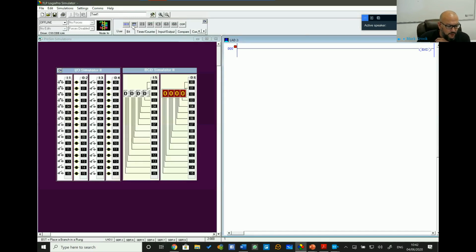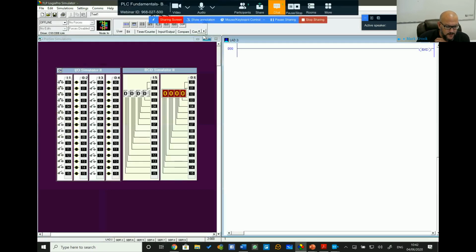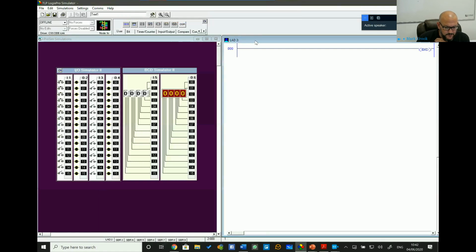So at the moment all I'm going to do is put something very, very simple in there, which is going to be a new rung of code, just one rung of code, that's going to allow me to put in the FRD instruction. So the FRD instruction, as we move down in the compute/math tab, you can see the FRD instruction,